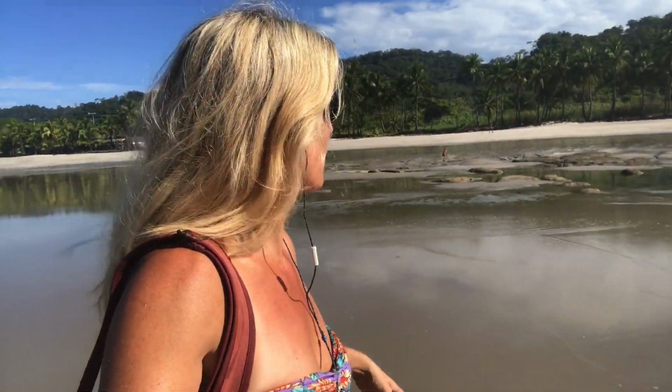And what I love about this beach as well is that there are no big buildings here. You see behind me, there are no big hotels here. It's pretty rural. I'm not saying it's not touristic, because Santa Teresa is a little beach town, but